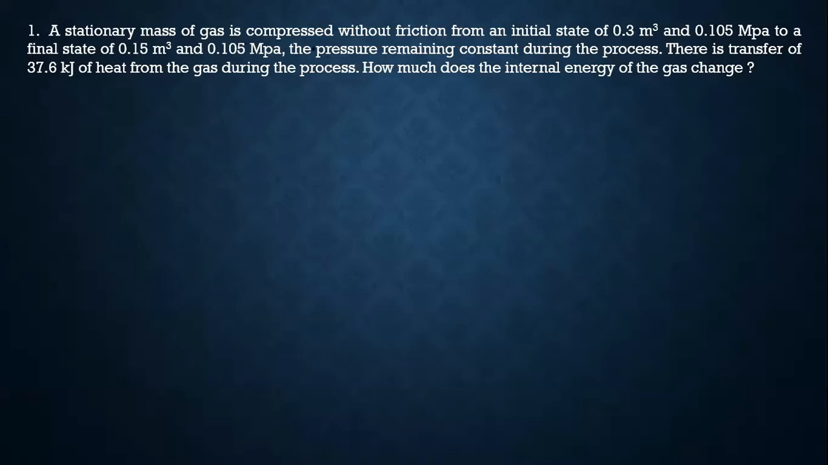An ordinary mass of gas is compressed. So I can take one compression process, compressed without friction. Without friction means it becomes a reversible process, or a positive motion. From an initial state of 0.3 meter cube, initial volume,